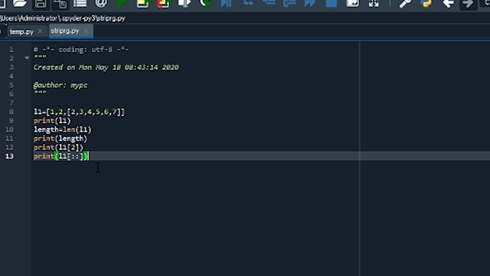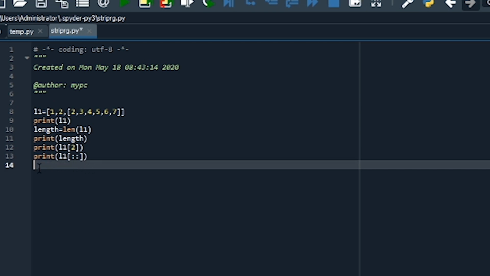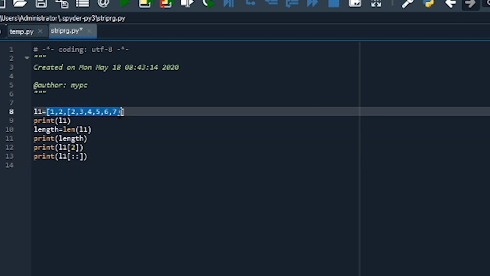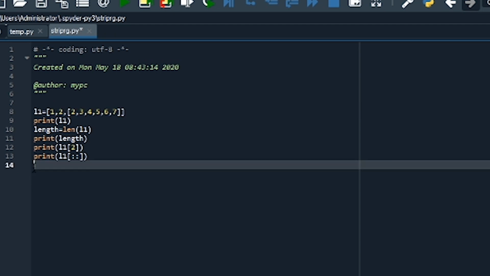That means instead of L1 index, if we write this one, the first colon is the beginning and the second colon is the ending. You have already learned why we use these colons. And in case of negative values, the index starts from -1 if we come backward, so the third element will be -1. In this case the third one, that is 2 3 4 5 6 7, will be -1, this will be -2, this will be -3.